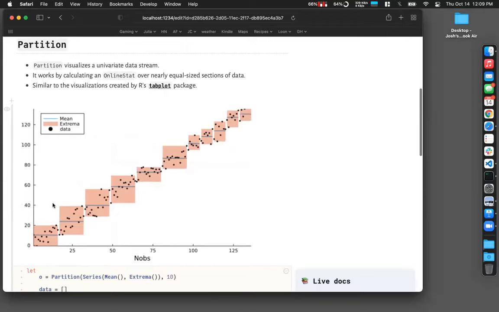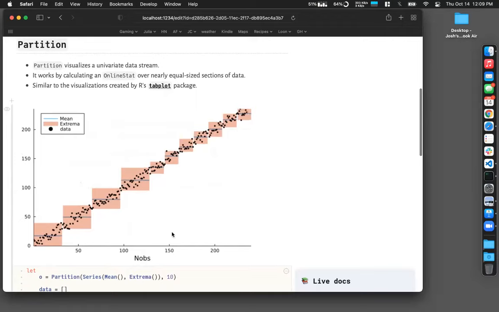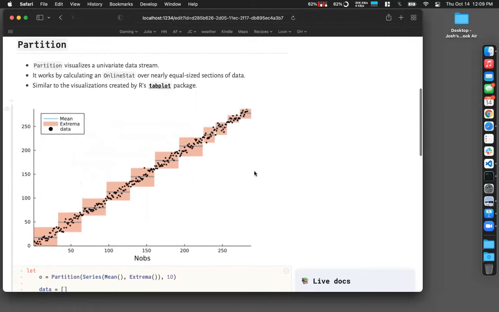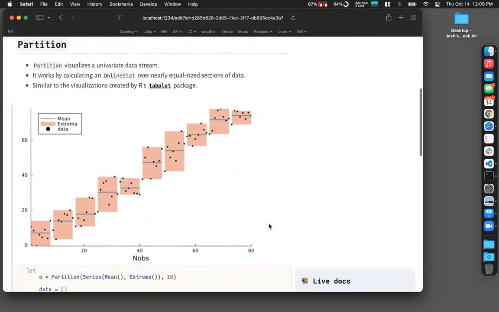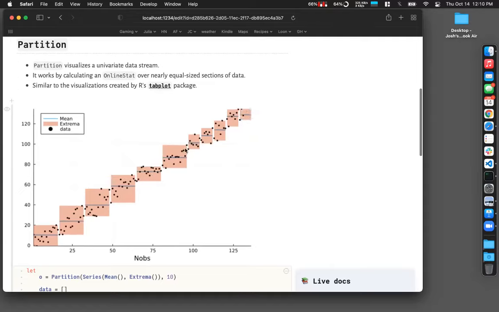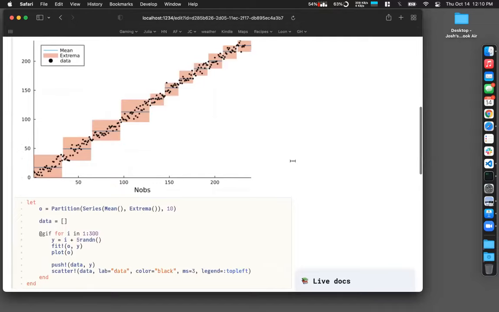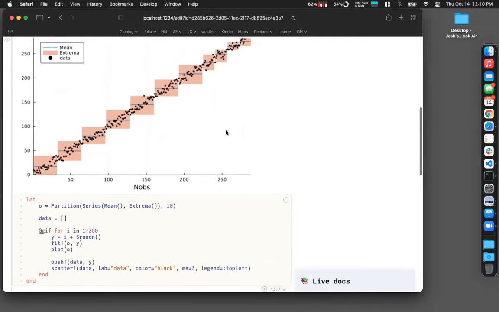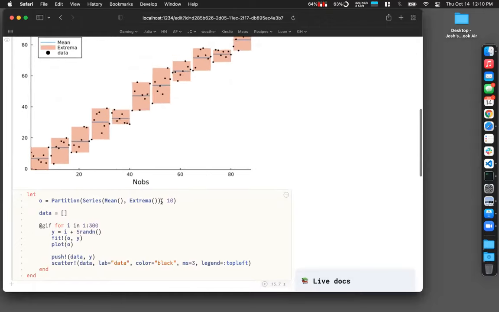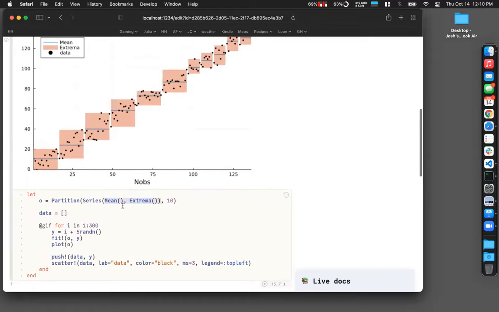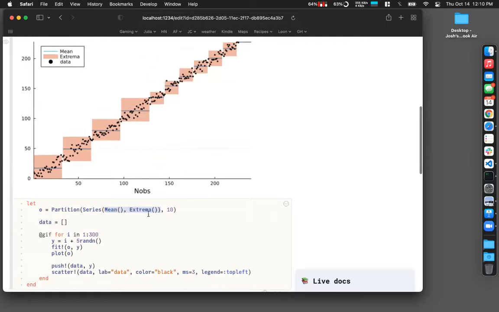And then for each one of those bins, it essentially calculates a cross-section statistic. So here, as we add more and more observations together, once we run out of space on the right side, the bins on the left side will begin merging together. And that's the way that we use this constant memory footprint. I should further explain what this plot actually is. Here I'm creating a Partition, and the two statistics that I'm calculating over the cross section are the mean, which is the blue line here,